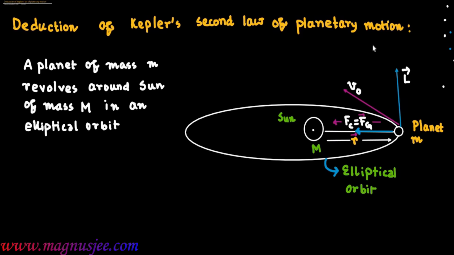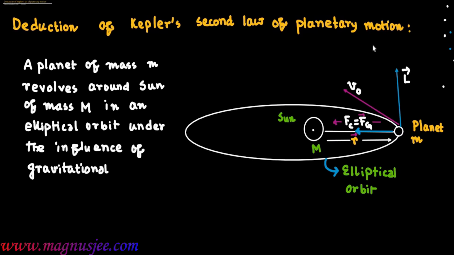In an elliptical orbit, under the influence of the gravitational pull experienced by the planet, the gravitational pull of Sun on the planet,